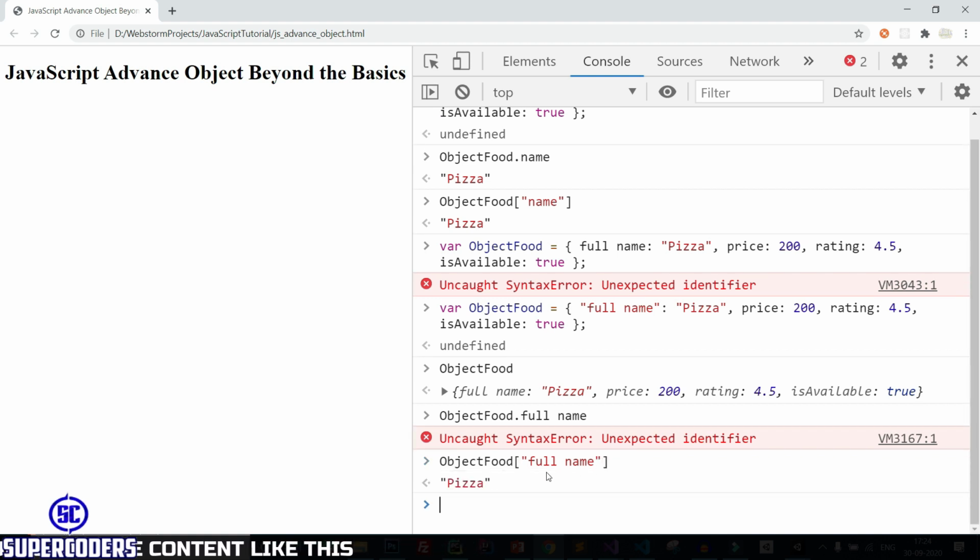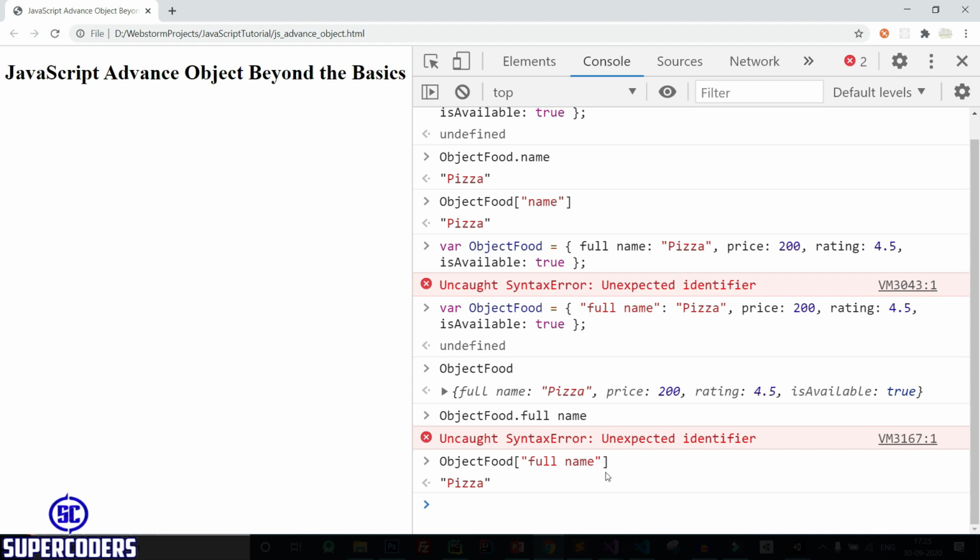So in this case, you need the square bracket to access the value of pizza or the key name. So we can use square bracket when the key name contains a space, symbol, or dash, or anything like a special character. In that case, you can use this way to access the data of objects.